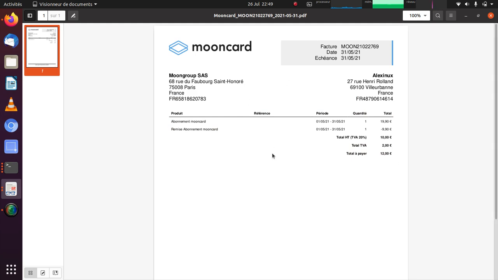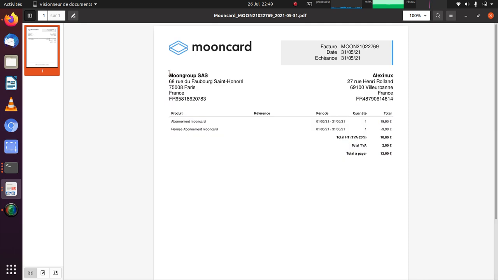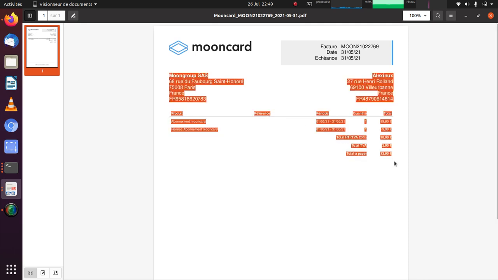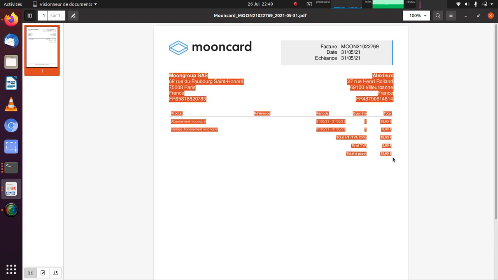How does it work? It's pretty similar to the invoice2data module. First step is raw text extraction from the PDF. So it's kind of a copy paste of all the text of the PDF. So if your PDF only contains an image, it won't work. I mean, if you scan a paper invoice, and then you would have only an image in the PDF, the module won't work. You need a PDF file that you got directly from your supplier, and that way it would contain text inside the PDF.